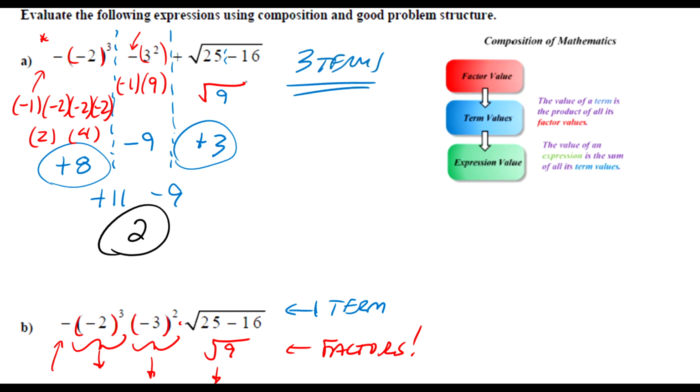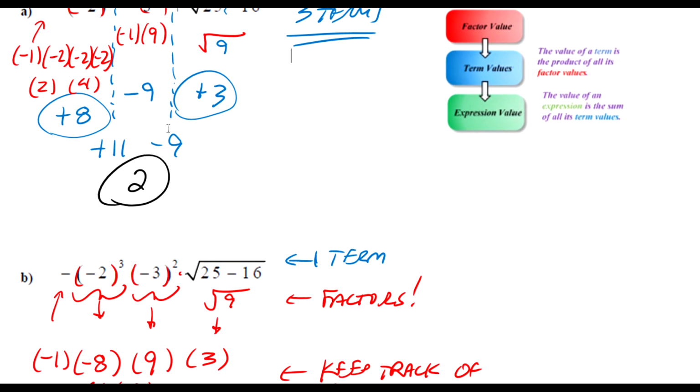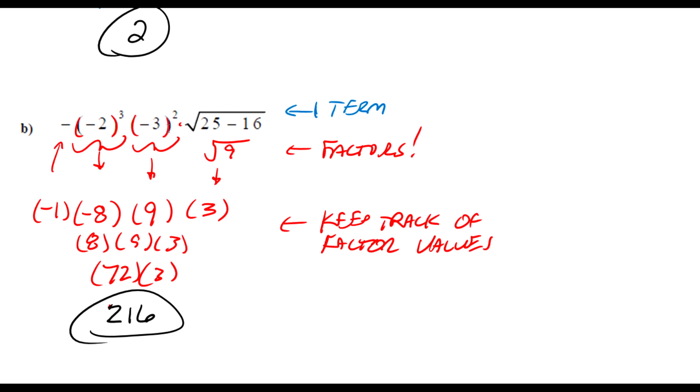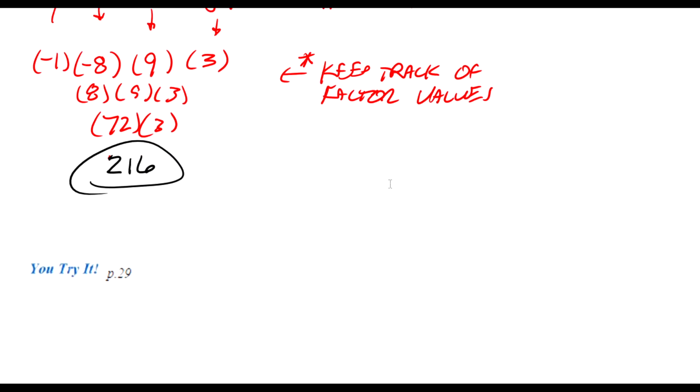So I know it's important to keep those 3 terms and find those term values. This expression has 1 term. So everything that I'm calculating and separating are factors. So the key here is to keep track of factor values. And once I have factor values, I am multiplying. Okay,